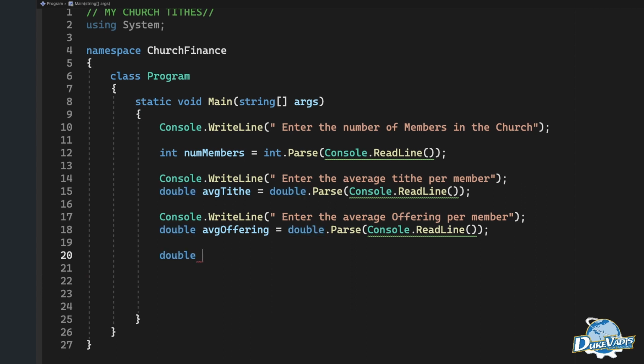Then I can say something like total tithe. Total tithe, T-I-T-H-E. Total tithe. And I assign it to double once again. Total tithes. Let me add S, so that would be nice. Total tithes will be equals to